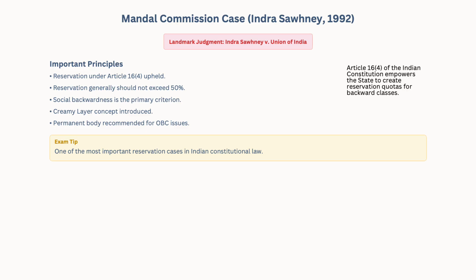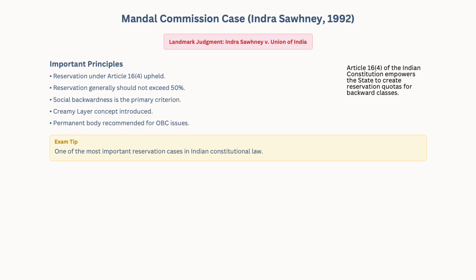Now, the matter was decided by the Supreme Court in a case called Indra Sawhney versus Union of India in 1992. Like I said, the Mandal Commission identified OBC as a backward class in 1979. Even though the Supreme Court tried to implement it, people were against it. The final decision was made in 1992 in the Indra Sawhney case, and the Supreme Court upheld the validity of Article 16.4.